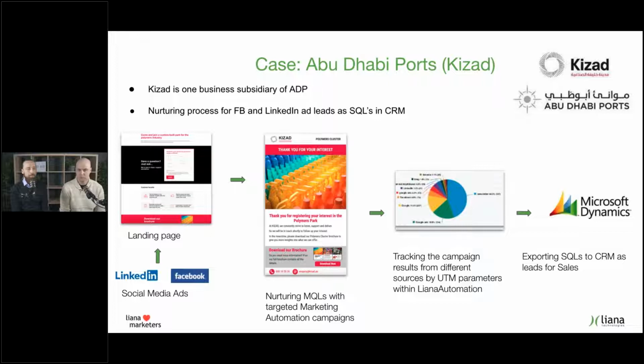So from the landing page, if the customer is engaged in their messages, they start to nurture them as MQLs in the marketing automation. They send targeted email messages, in this case in marketing automation campaigns, to those leads. They track the campaign results in Liana automation, and they use these UTM parameters to track which sources they originally came from,